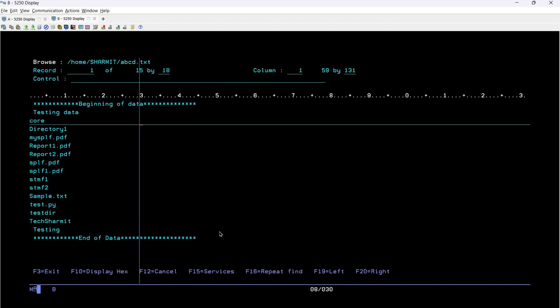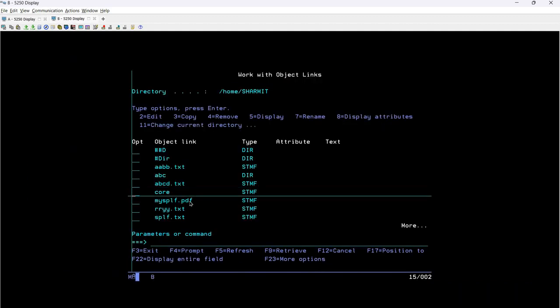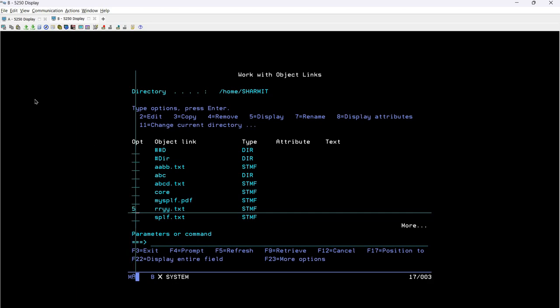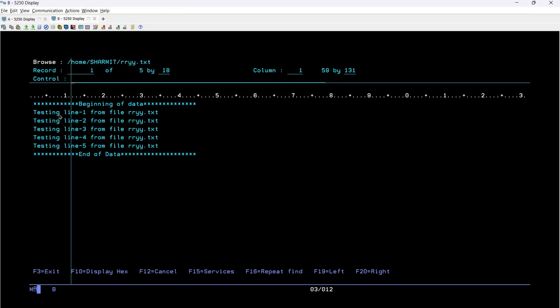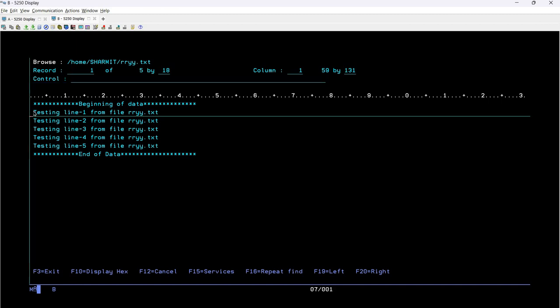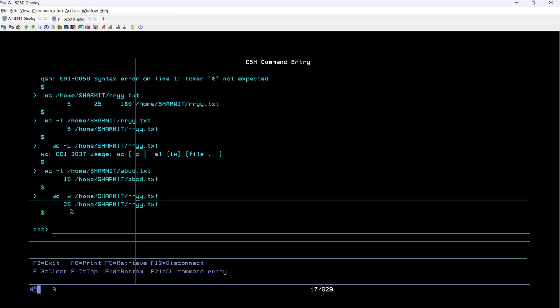So let's verify the words here. This is my file rrpgle.txt. Here you can see in each row we have five words. 1, 2, then we have 3, then we have 4, and we have 5. So in each row we have 5 records. That means a total of 5 lines are there. So 5 into 5, 25. So that means it is returning the correct 25 words in